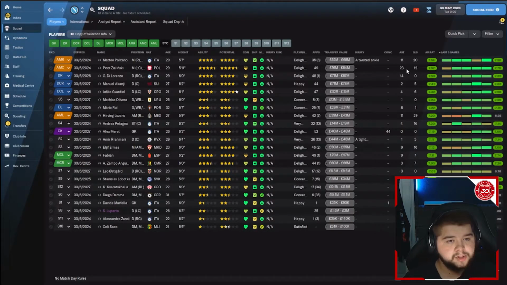11 assists coming in for Politano, 23 for Zielinski. Lozano coming in with 14, 11 for Lozano. 9 coming in for Elmas, 9 coming in for Fabian. And 6 coming in for...